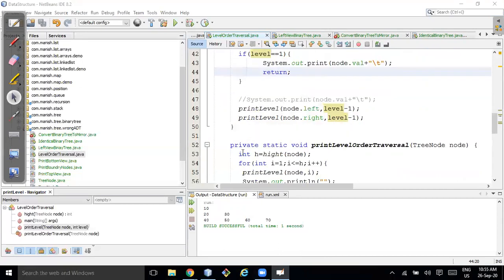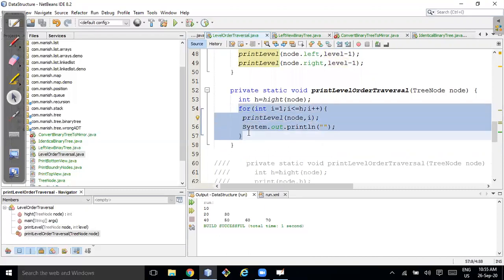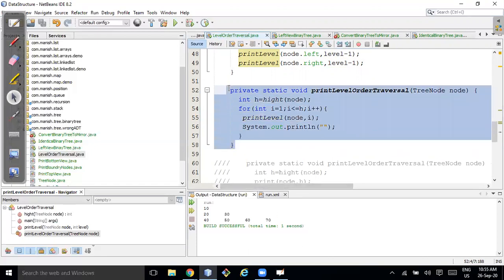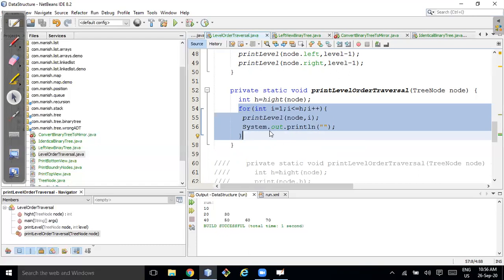If you got it, then let's play around with it. Now, here I'm using a loop, right? My earlier statement was, whatever code you can write using iteration, we can write using recursion as well. So why should I use a for loop? I don't want to use a for loop at all. This is another problem, and I want to convert this for loop into recursion. So this is the iterative method, and I want to convert this for loop into recursive.